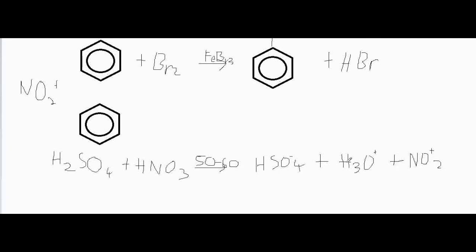If we balance this, we would put a 2 in front of the sulfuric acid, and yeah, that's about balanced. So now we would have generated this. The nitronium ion would be attracted to the high electron density in the benzene system and will go on to form